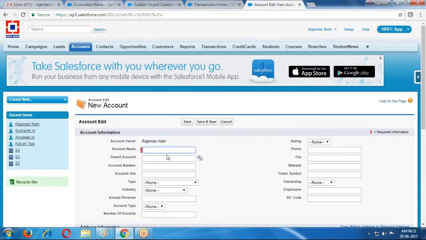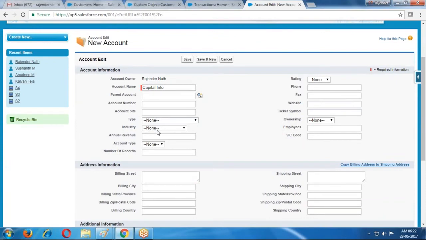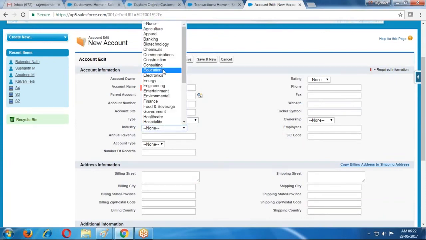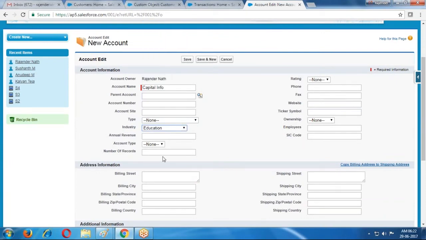After clicking New, enter the details, such as TCS as a record, or Capital Info, with industry equal to Education or Consulting.